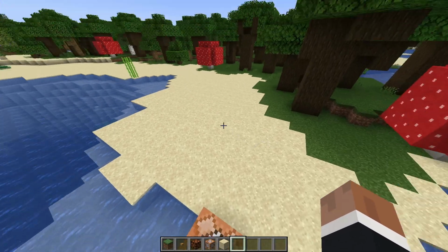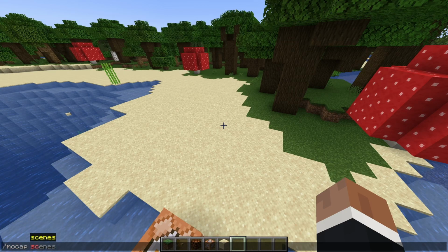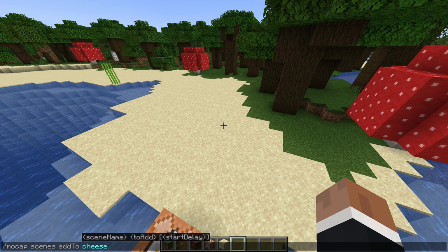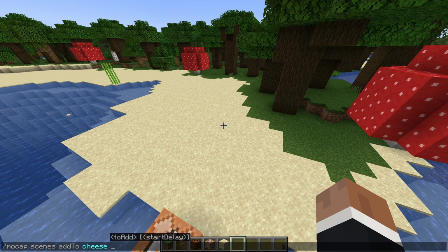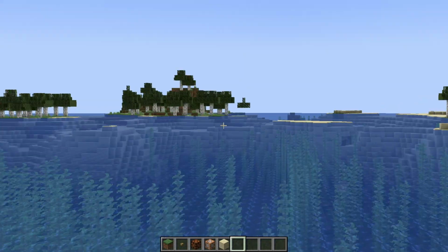Now we are going to add the 2 recordings to this scene. We just type in the same command, mocap scenes, but instead of add we do add to the scene name, which is cheese as before, and then what to add. In this case we are going to add in sand. We can have a start delay, which I think is in seconds. The offset, which is simply the offset of where the character is. So if I made it 100x, then he's probably going to be all the way out there in the ocean